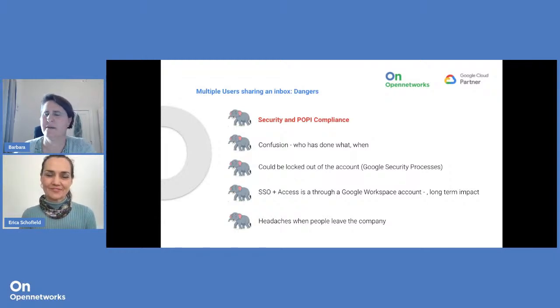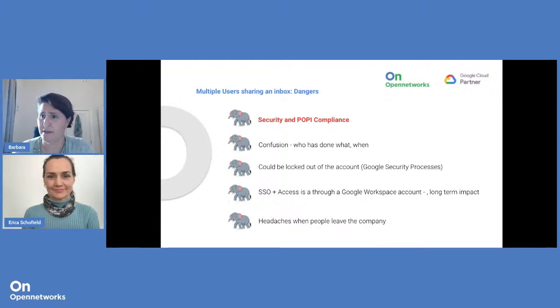Yes, one of the other things to look out for from a technical point of view in this scenario is that Google actually has a bunch of smart tools designed around email security, in particular around stopping phishing attacks or hacking attacks. So if you have multiple people and numerous logins to the same email account in a relatively short period of time, and in particular if they're coming from different IP addresses, those can be flagged as suspicious logins. And then as a security measure, the account can be locked out temporarily, just to stop any